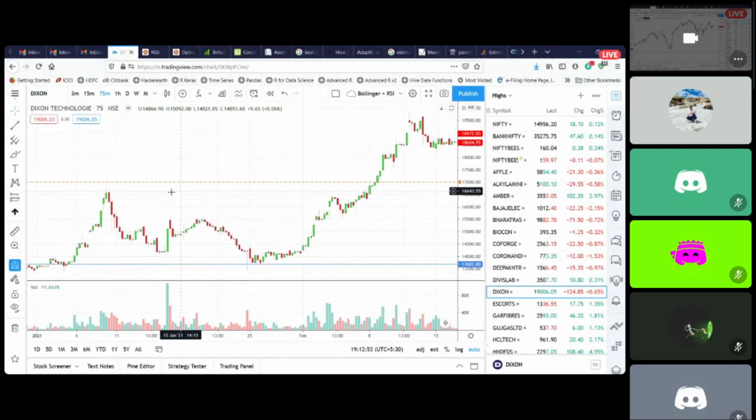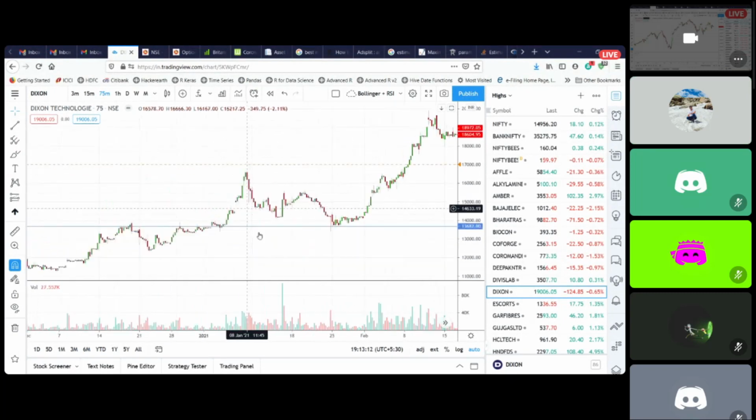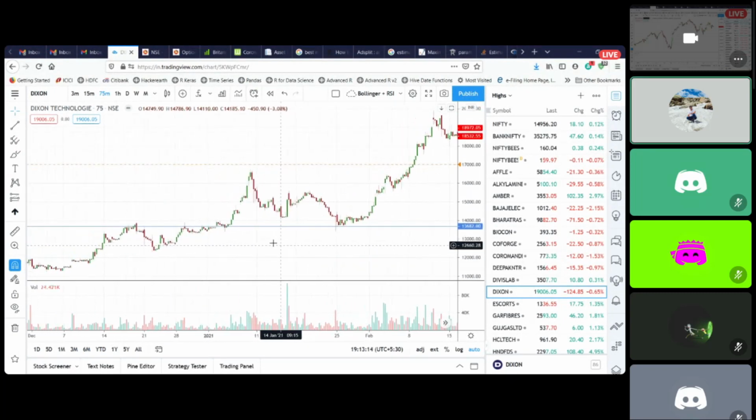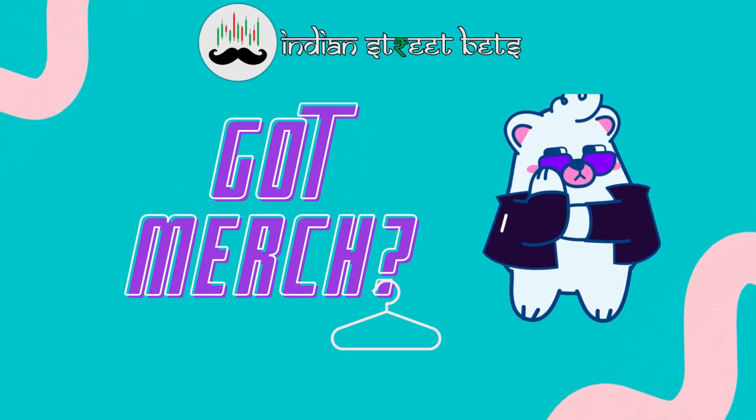Now, it did give an intermediate swing high here, a very small swing. But since it was just a small test and it came back, we don't really count it as a major resistance zone. If it would have traded here for a significantly large amount of time, then that becomes our resistance zone. So points of support and resistance are always the ones where you see the maximum amount of trading happening, and the market or the stock spends a lot of time.